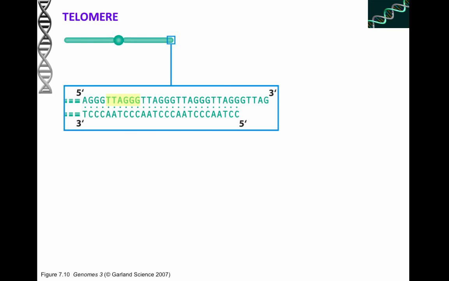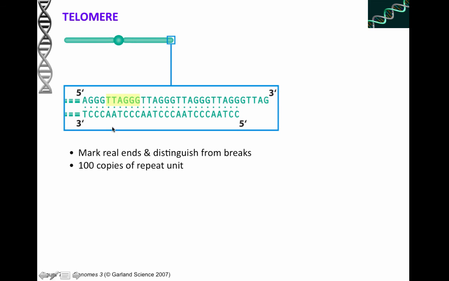Telomeres are also formed by multiple repetitive sequences which are preserved after each DNA replication. The telomere is also required to form a distinctive structure at the terminal end to protect the linear chromosome from nuclease digestion. At least 100 copies of the repetitive sequence, as shown here, the repetitive sequence unit is TTAGGG, are lined up, and the length of the repetitive units is maintained by a special enzyme